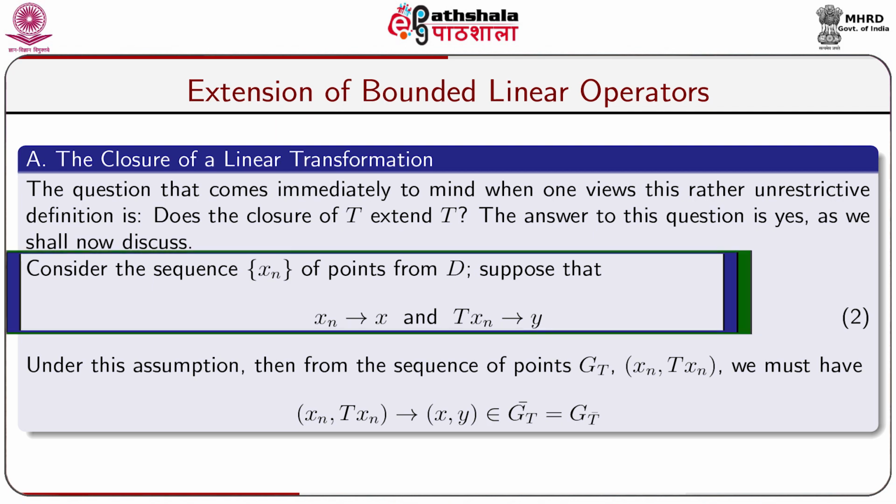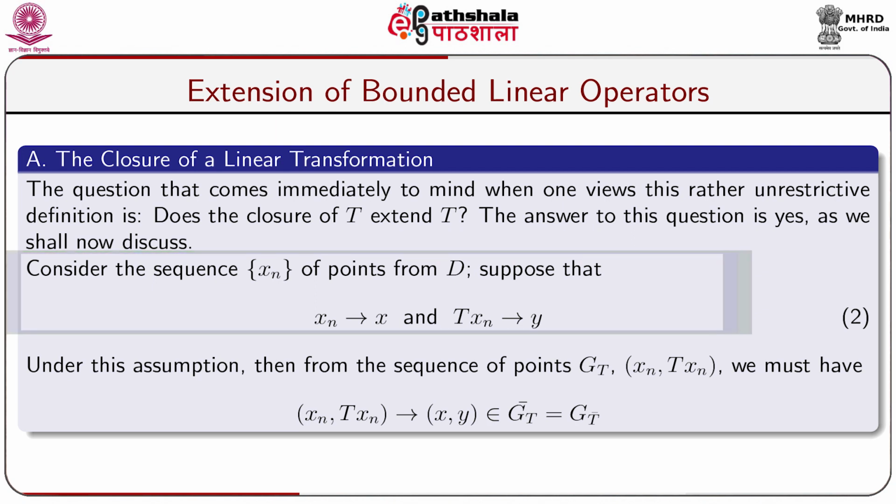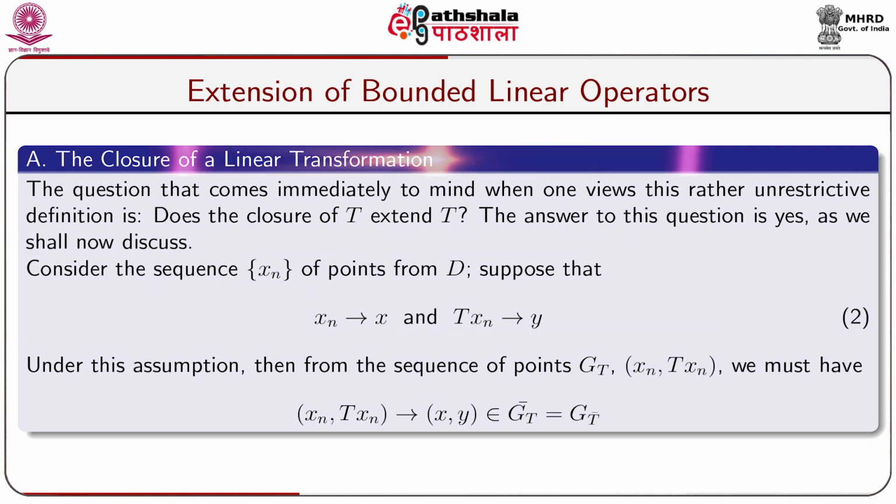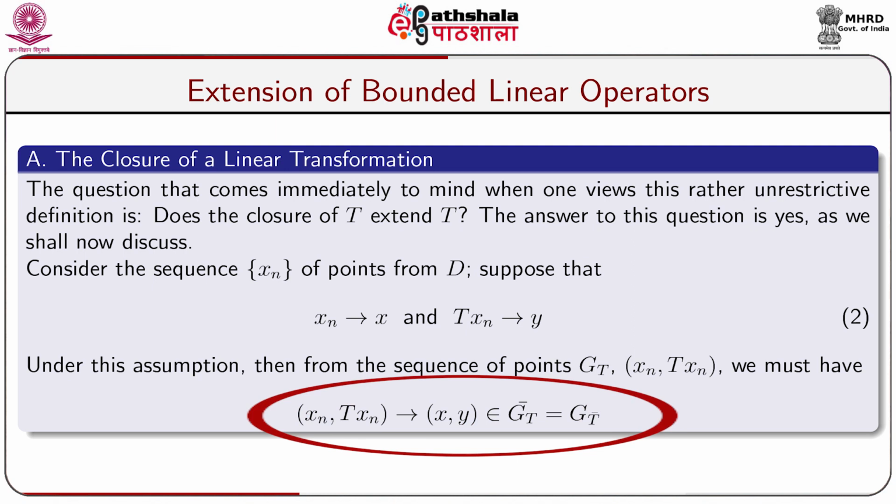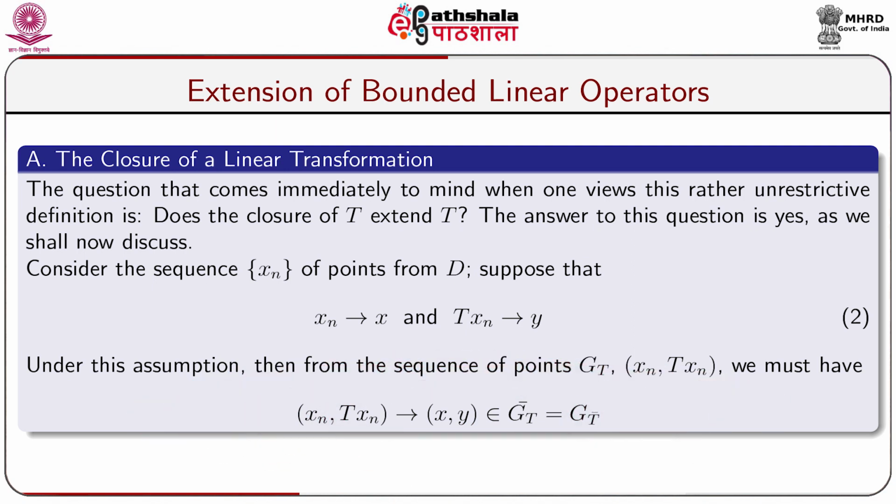Consider the sequence xn of points from capital D. Suppose that xn converges to x and Txn goes to y, and this is equation number 2. Under this assumption, from the sequence of points in GT, the elements taken pairwise (xn, Txn), we must have that (xn, Txn) goes to the pair (x, y), which belongs to the closure of GT, which is equal to GT bar,